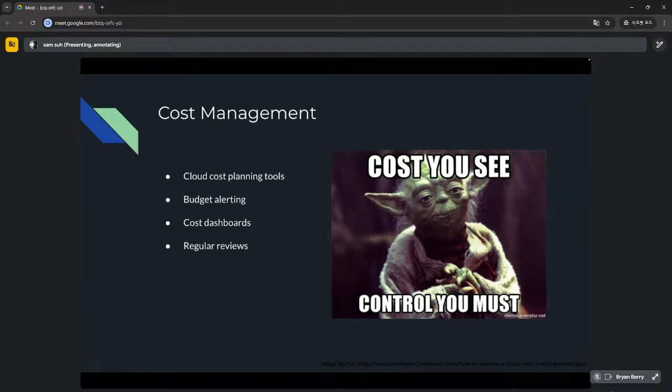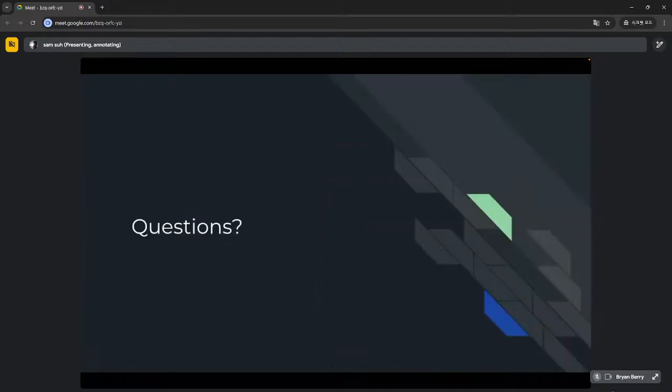Yeah. So setting alerts is good. I think B said yesterday that he has an alert that says if it's over 0, then alert me. And then I think regular reviews is always smart, but we forget. So you could automate that if you want to review your budgets and stuff. Cool.